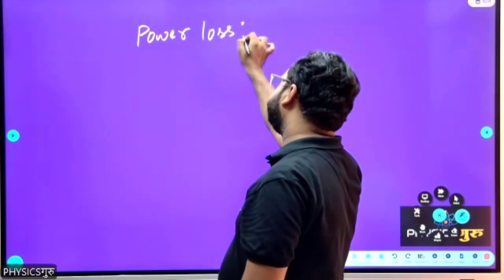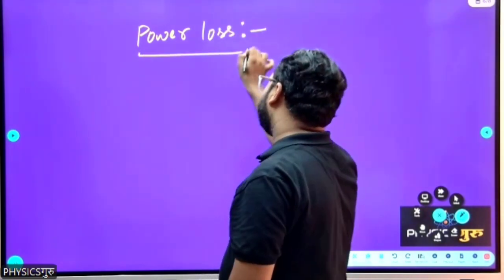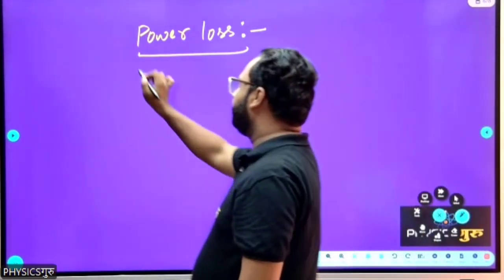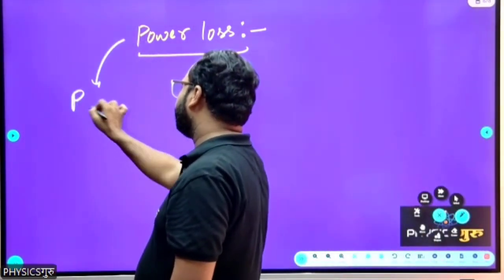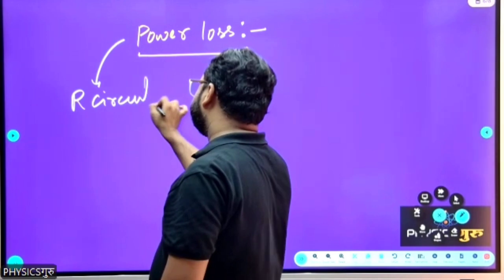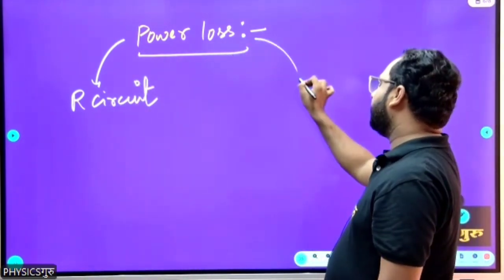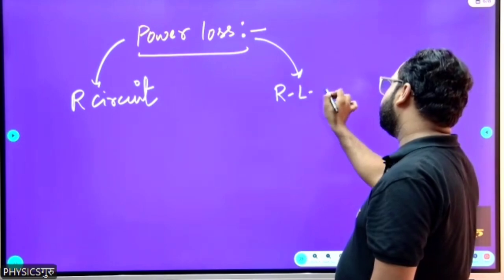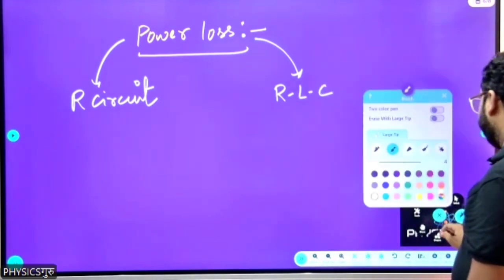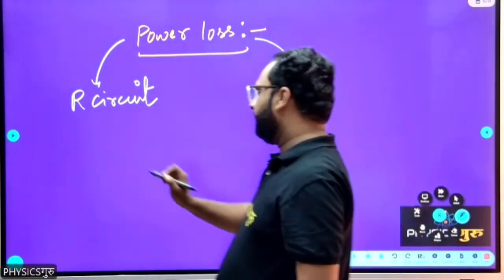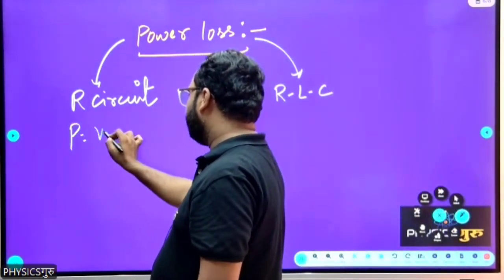Power loss. So in our syllabus, basically power loss we'll study in two circuits. First one is the R circuit, and the second one is the RLC circuit. Power loss in RLC circuit. So in case of the R circuit, the formula that we have to derive is P is equal to